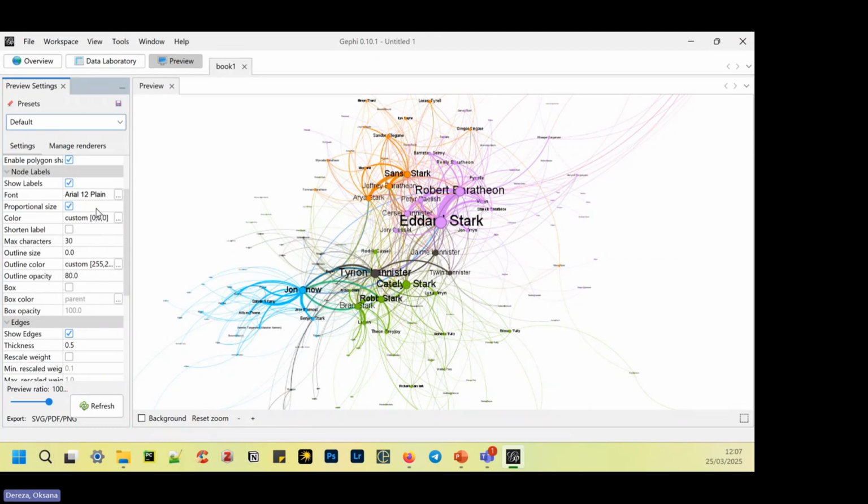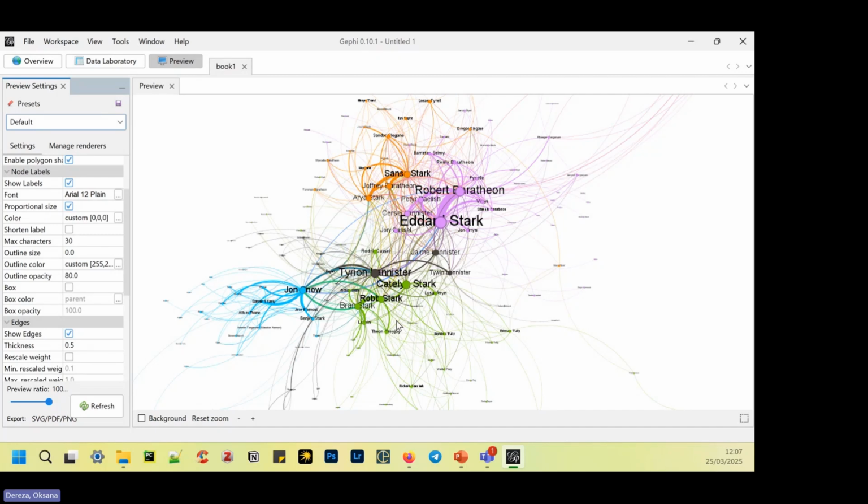Still, you may want to change the transparency of the nodes or whether the labels are on top of the nodes. I won't do it now because I can't really see my big screen from where I am, but there are settings for that. When you are happy with your graph, you can export it, and there are different ways to